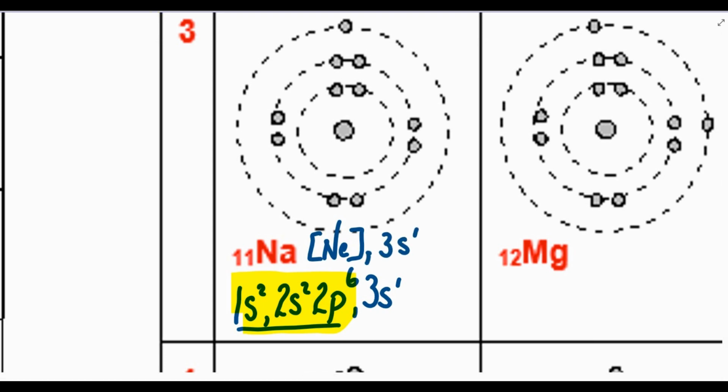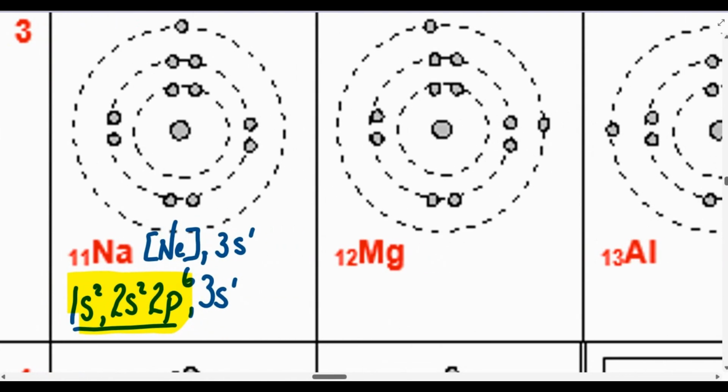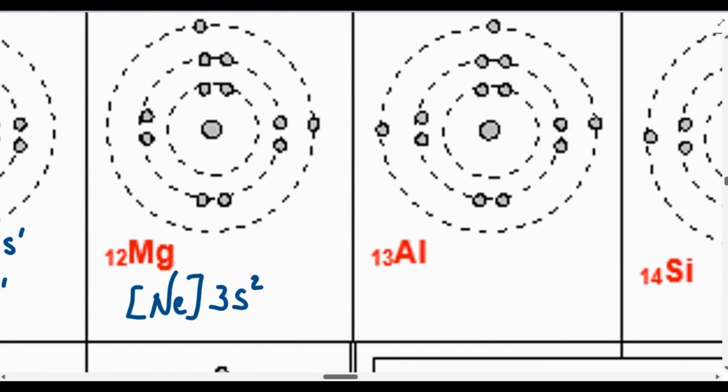And it says the same thing but in shorter fashion. For magnesium, we could write its electron configuration as neon 3s2. What would you write for aluminum? It's got 13 electrons. The first 10 are like neon, so we could say neon, and then the remaining 3 would be 3s2,